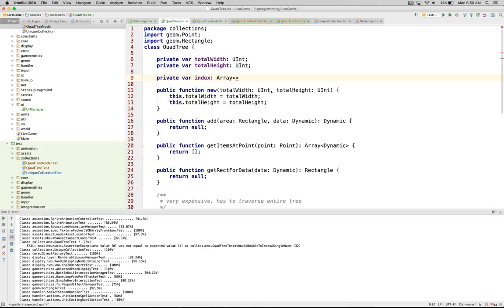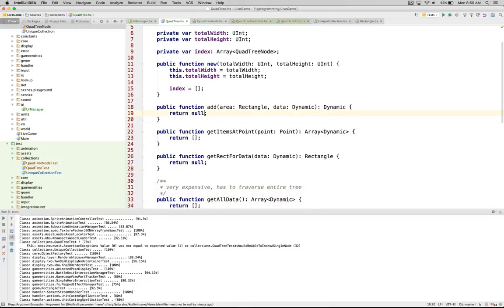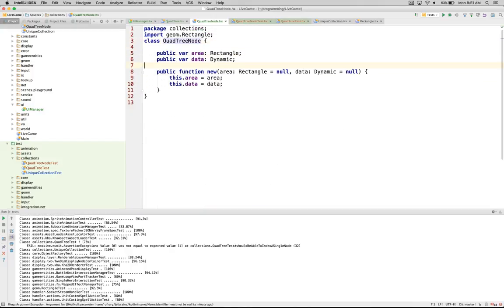And this is going to be a QuadTreeNode. Index equals that. And actually probably need to do, yeah, okay, that's fine. QuadTreeNode, we need to do